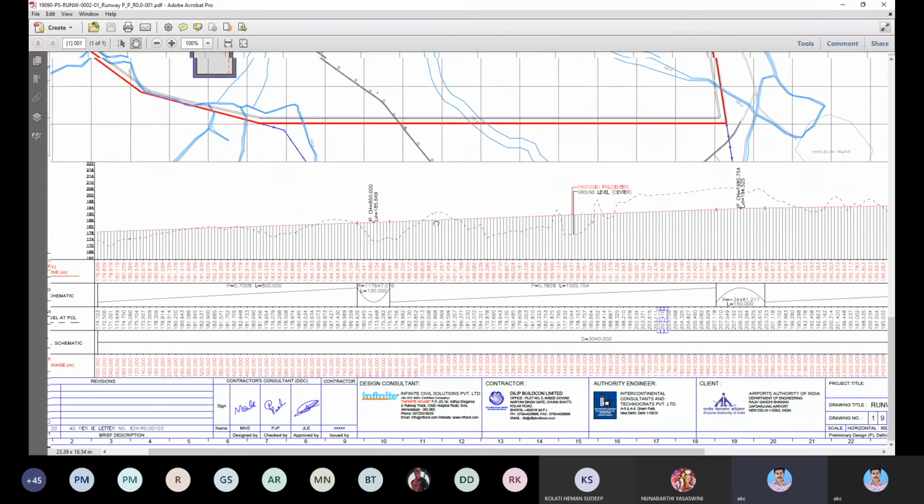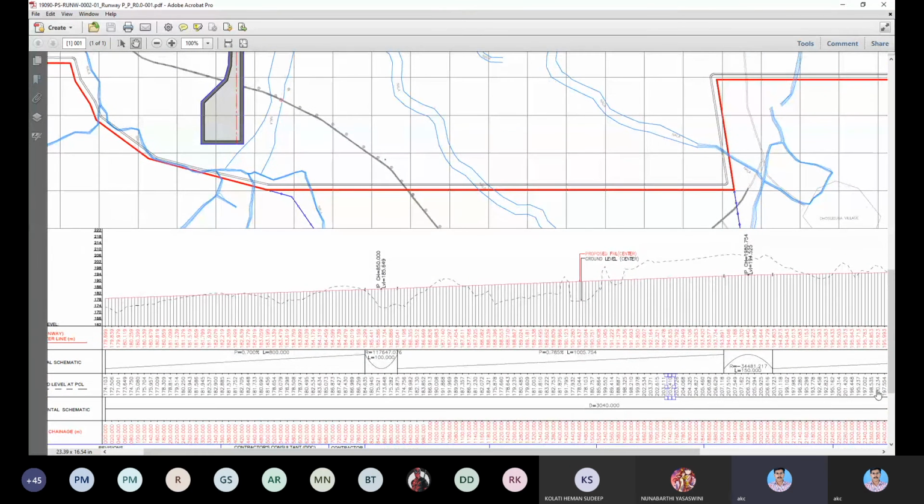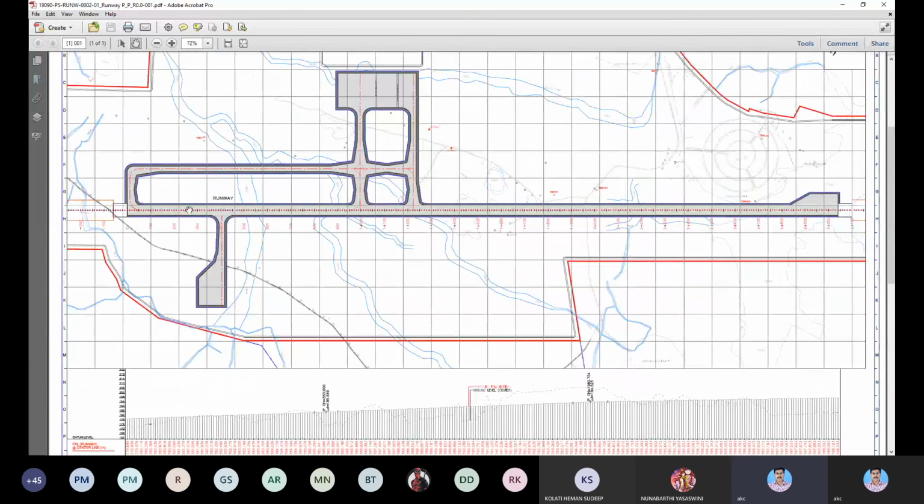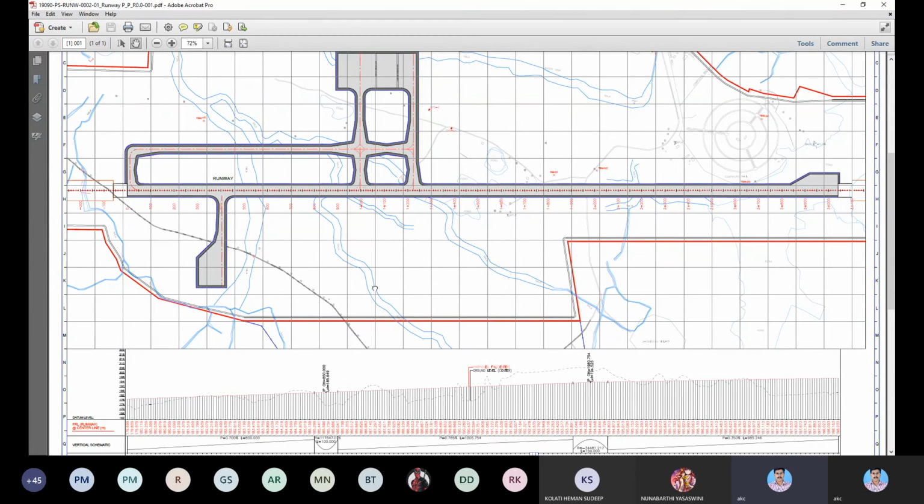Okay, so here I hope all can see the profile. This is the runway. Now this is a plan of the runway. This is how the runway looks from top view. Obviously, it's a straight section, there's no curve and all. So this is the top view you're seeing, but from the side view or profile view, how it will look and how the actual ground is.